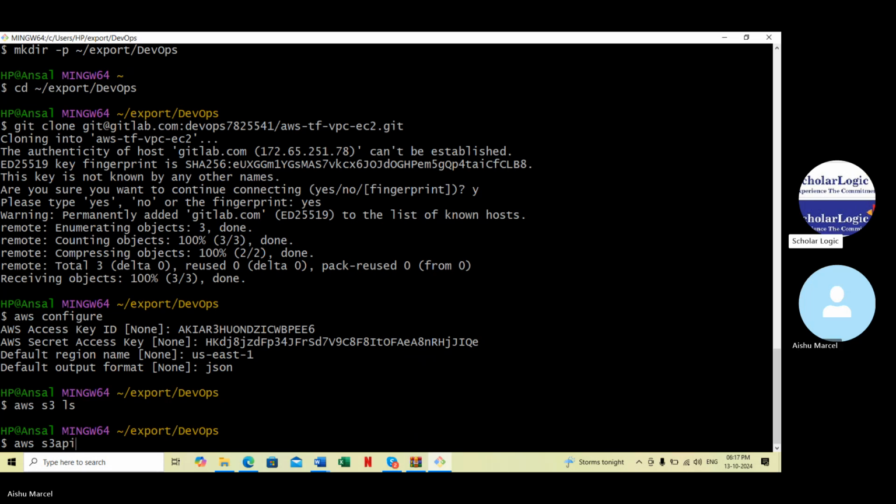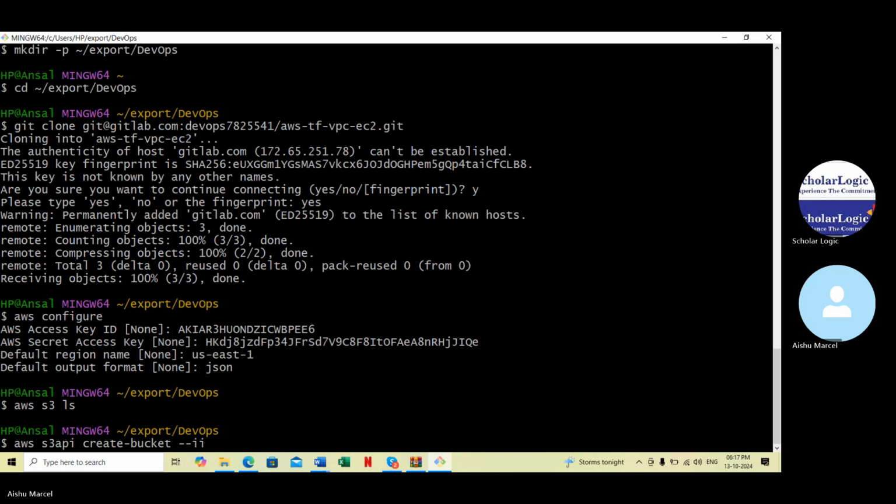Then space create-bucket, no space, dash, create-bucket, space, double hyphen